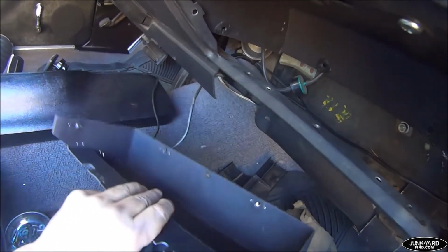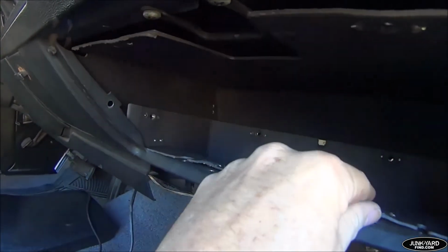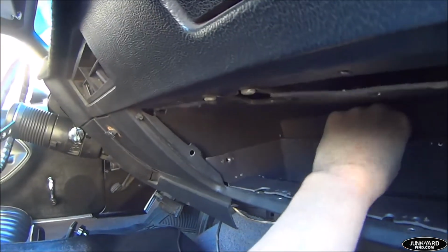And alright, let's see if we can get this bottom piece in there. Okay, yeah, the bottom piece is just slid in there. But you notice the top piece is now unsecured. Yeah, you've got to put the top piece in first, don't secure it, then put the bottom piece in, because you have to push back quite a bit to get this underneath the lip right here. So don't put any screws in, put the top piece in, put the bottom piece in, and then start securing